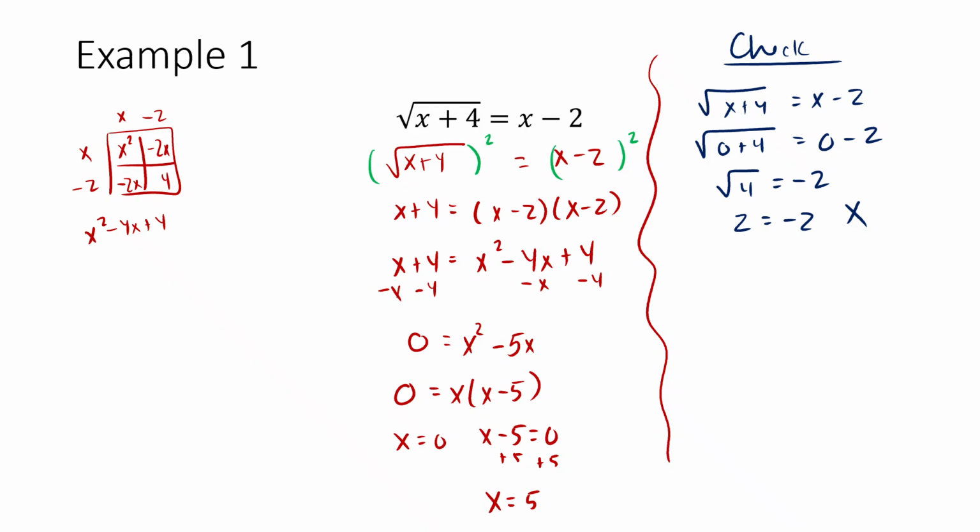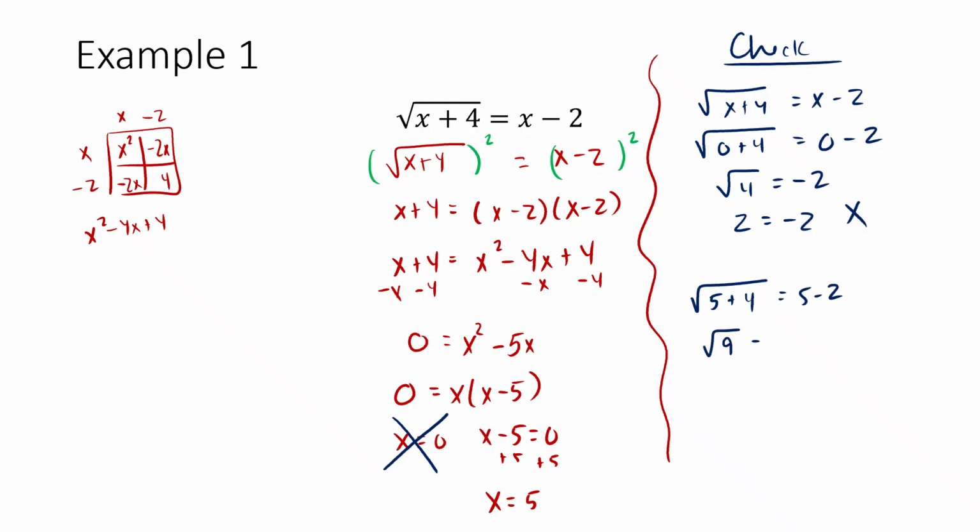And again, the little hiccup there is that when I take the square root of 4, I assume the positive. It goes back to what we had on the last slide there. And that lands us at an untrue statement. So x is equal to 0 actually does not check. If I try the 5,